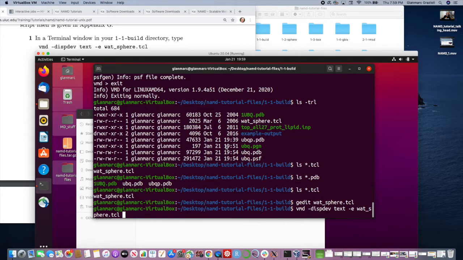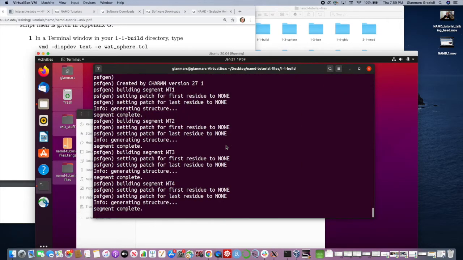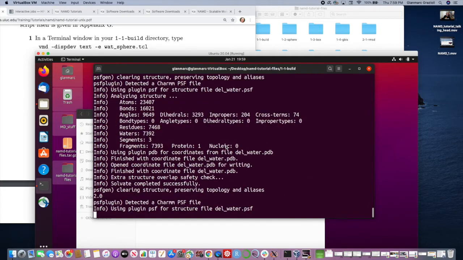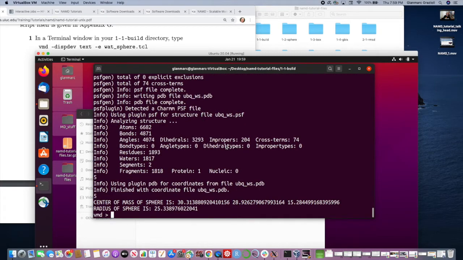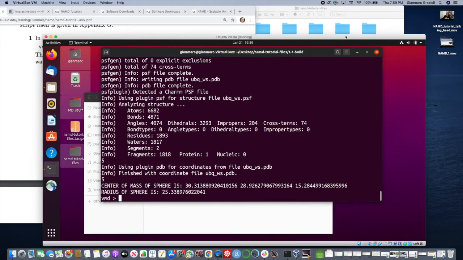Water sphere, TCL, all right, and enter. Cool, it's doing all kinds of stuff. Great. All right, so this is all the output as it runs. And by the way, running molecular simulations,